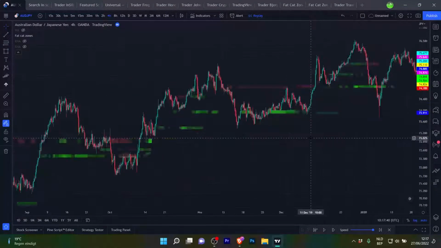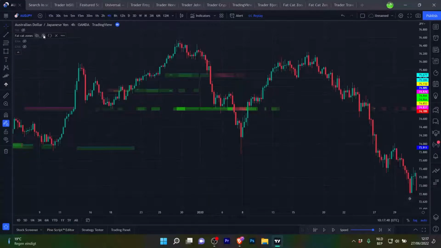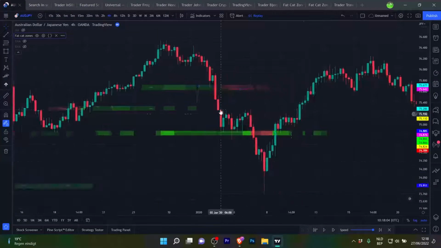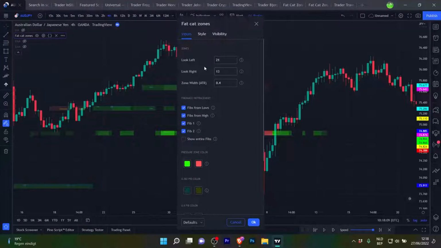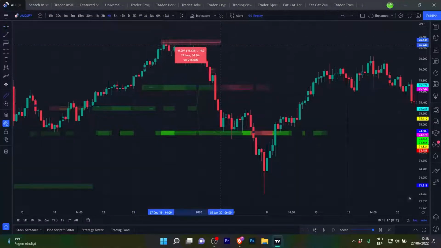So how does this indicator work? It will look for pivot points. This is a pivot high and a pivot low using our settings. So look left or look right. These settings will determine the distance it will look in the past and in the future from a point to decide if it's a pivot high or a pivot low. Because it has to look into the future, it will take this amount of bars to confirm the pivot point. So here it would have confirmed this as a pivot high exactly